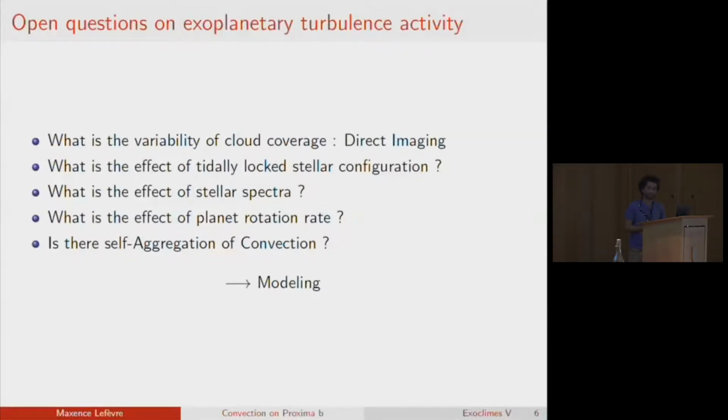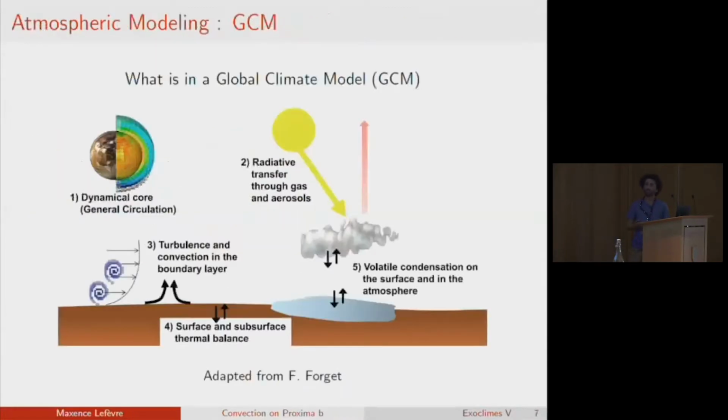So to address this question, we use numerical modeling.